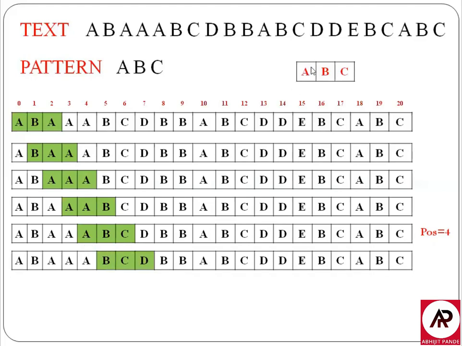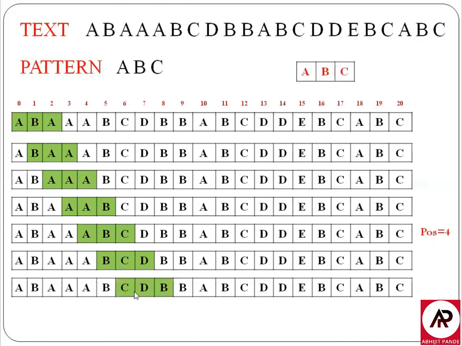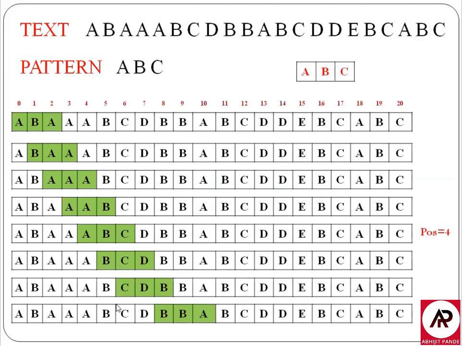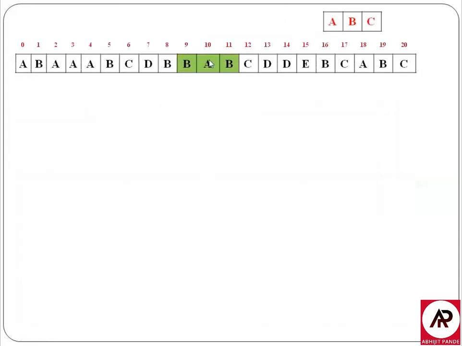It points to B. The first character does not match. That's why we move the window by one. Here again the first character does not match. We have to check all the characters until we reach the end of the string. Shift the window by one character. Now the window becomes BAB.